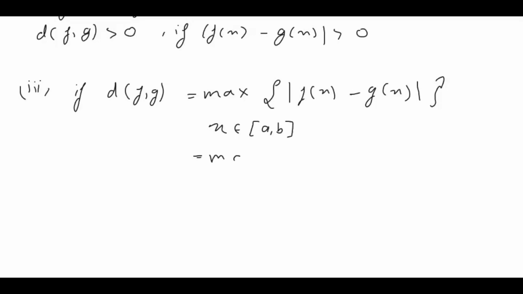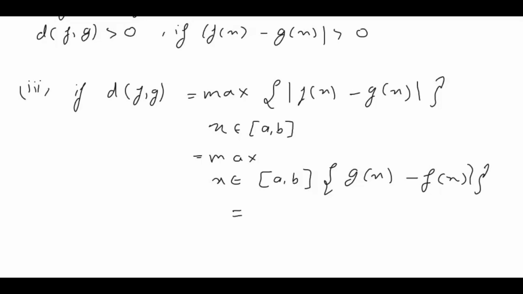Now the max, or we can say maximum, x belongs to [a, b] of |g(x) - f(x)|. Here d(g, f) function is equal to, or we can say d(f, g) is equal to d(g, f)